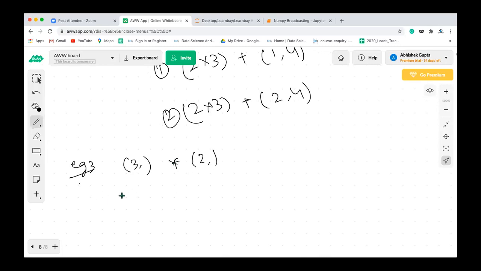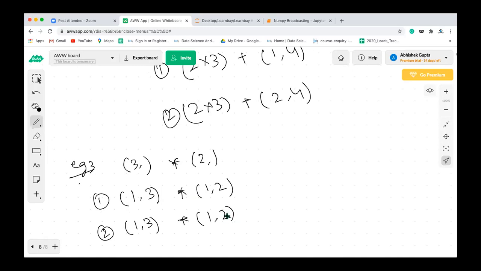Now let's try to match. In step 1, this will be 1 comma 3, clear? And this will be 1 comma 2. Row is matching. Try to match the number of columns, 1 comma 3 into 1 comma 2. Let me check.